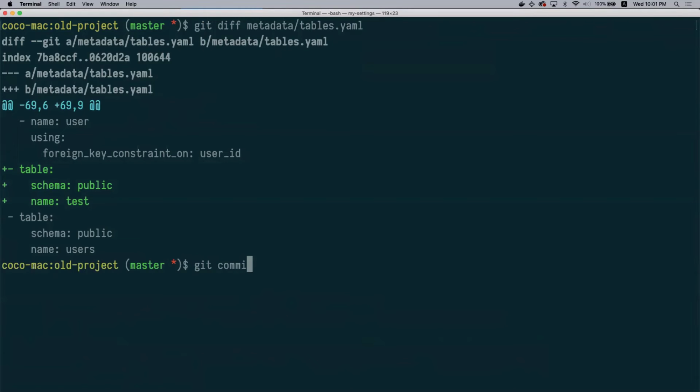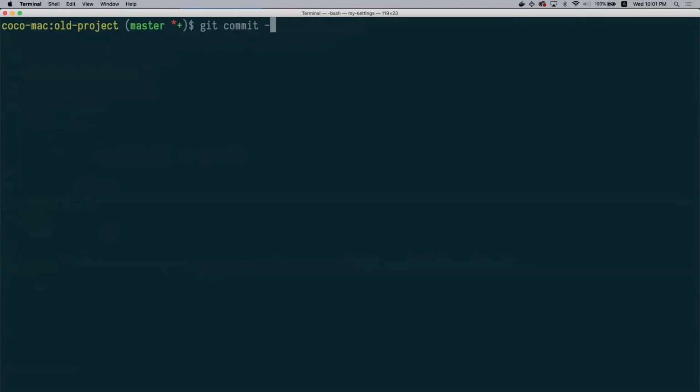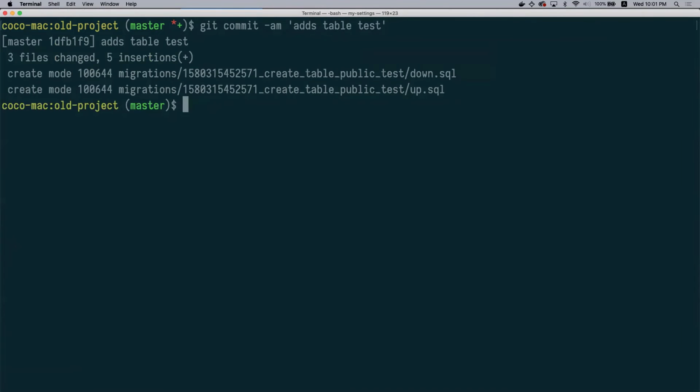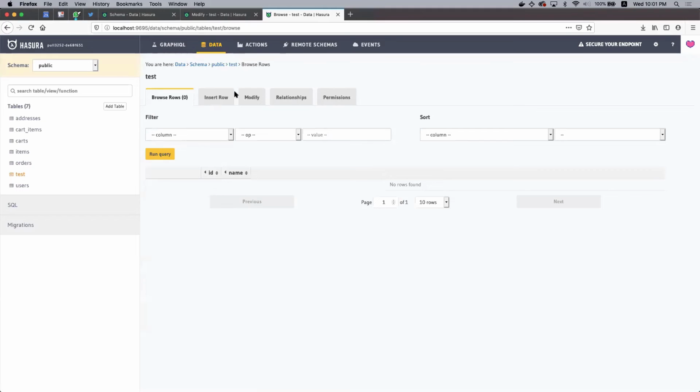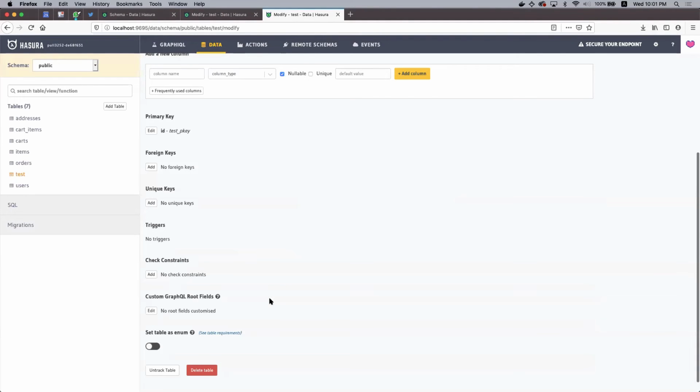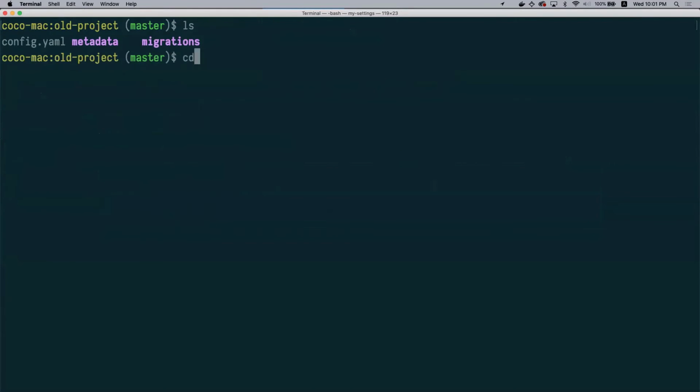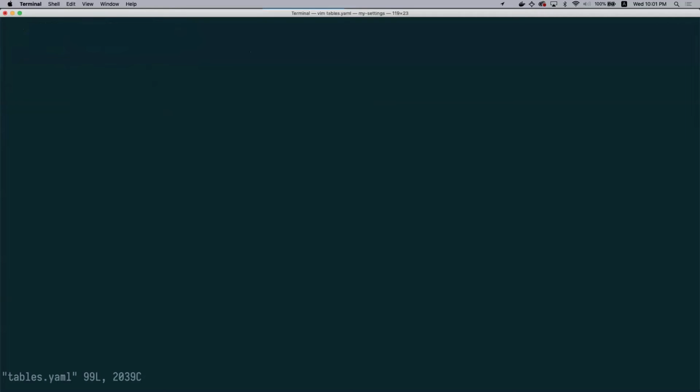And so what I can do again is add this to my migrations, track this and say, whatever, add table test, right? And then if I go in and make new changes, let me go ahead and make another change. Let's say, for example, I untrack this table. Or let's say I want to untrack this table now from code and not from the console. What I can do is switch back directly to the metadata file here, open up tables.yaml,